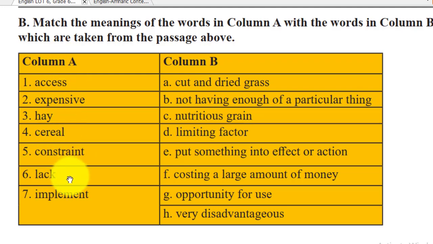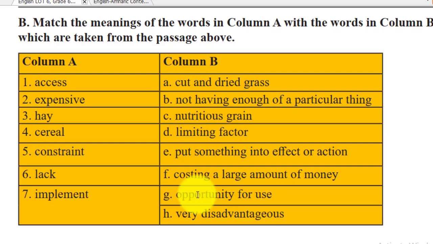በደምቀው የተጻፉ ናቸው. They require contextual meaning. So column A ላይ access, expensive, hay, cereal, constraint, lack እና implement የሚላሉ. Column B ላይ ደግሞ ያው their meaning ተቀምጧል, so it is time to match እናደርጋለን ማለት ነው. Okay, let's check their answers. The first one, access ይለናል, access the answer will be G ነው, opportunity for use